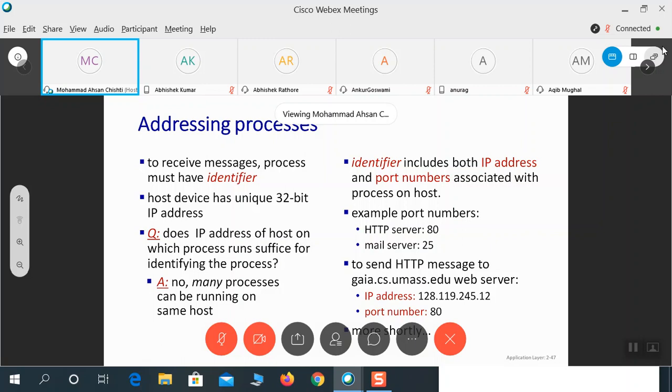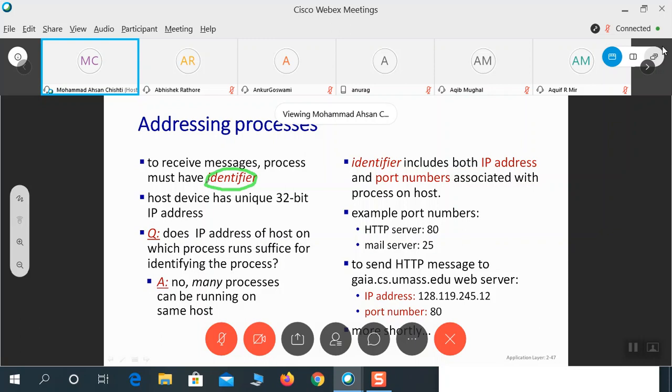When the data is sent and received back from the internet, it has to ensure that this data goes to the appropriate application. So that's why we say that a process should have an identifier to receive the message.